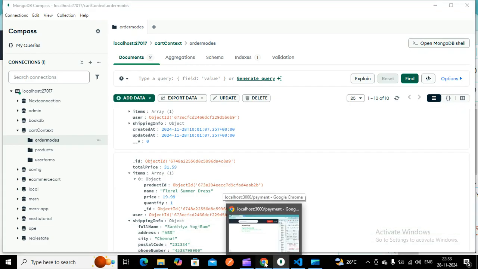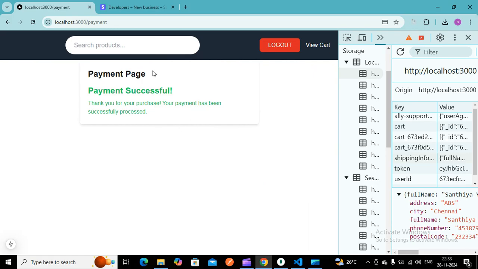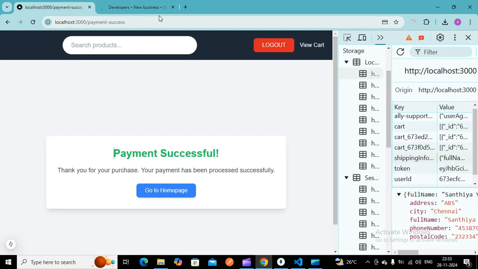Here you can see the payment is successful. Once we have a successful message in the developer section of Stripe, you go to the transaction. Once you check the particular transaction, you got the succeeded message in Stripe.